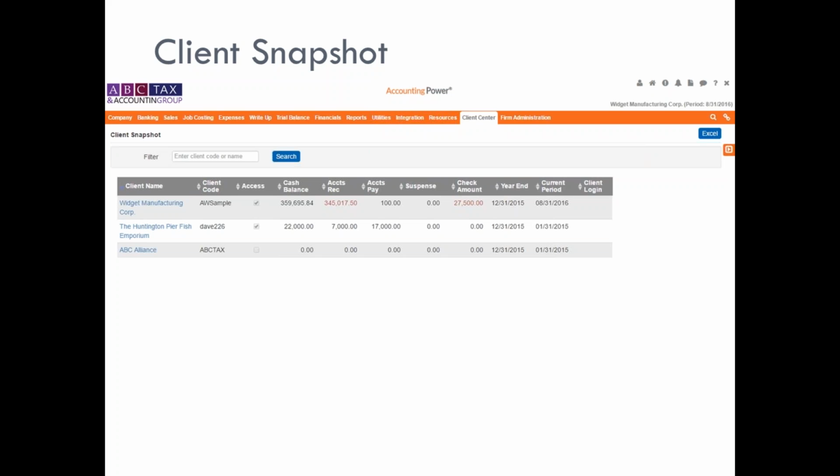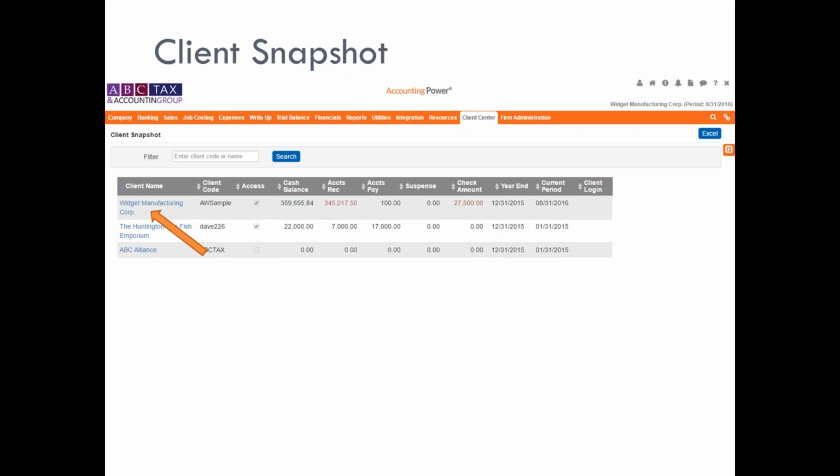So now as the accountant, I come here in the morning, I look at all my clients. It's always a good practice, I think, every day to start by going to the snapshot and also the activity screens. Anyway, I come here, I see which ones are in red, and I want to know what to do about these transactions, or is there anything I should be concerned about? So what you do is first I'm going to go into the check amount. So I look at this check amount, 27,500,